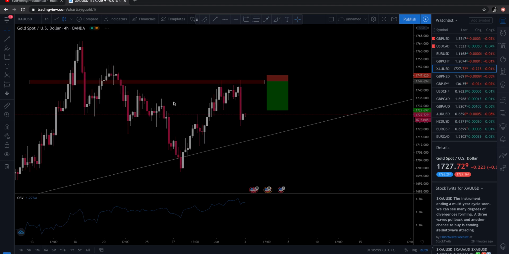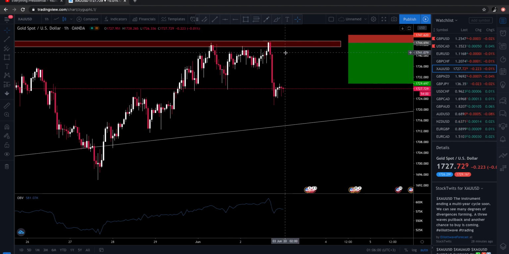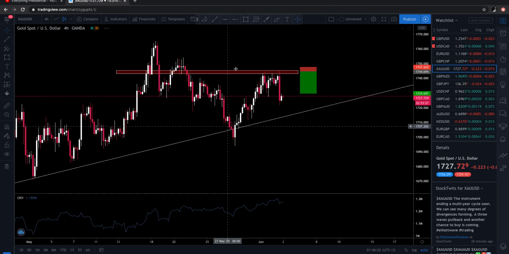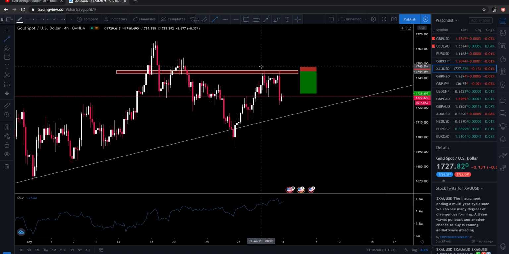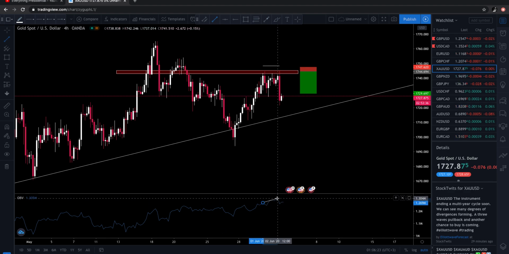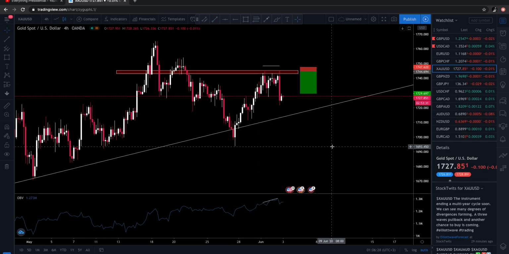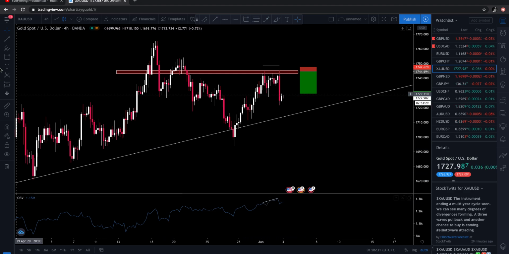If you go down to the 1-hour time frame, you can see what really was going on. The market was trying to break through, couldn't, right? So I was looking at it on the 4-hour time frame until I noticed that the market was making relatively equal highs over here. But on the indicator, the OBV, starting at this peak up until this point, the market was making higher highs. So equal or lower highs on price, but on the OBV the market is making higher highs.